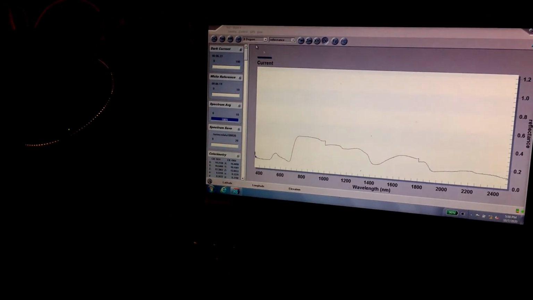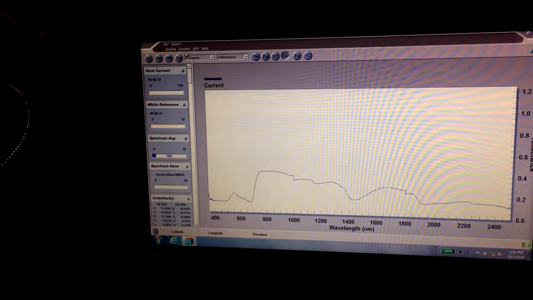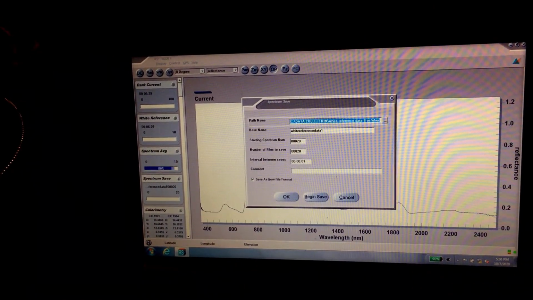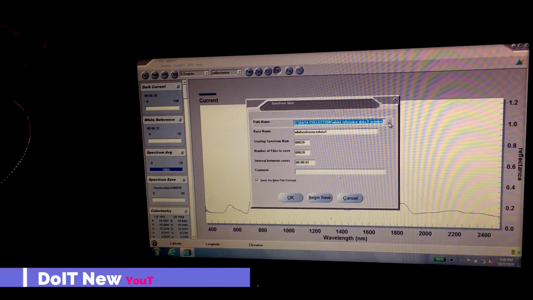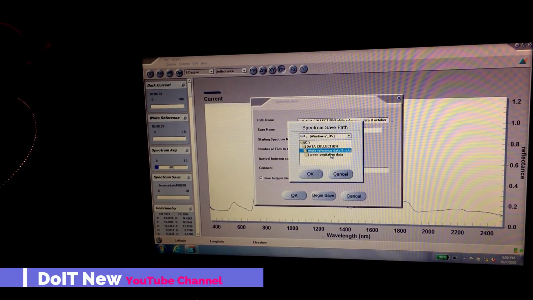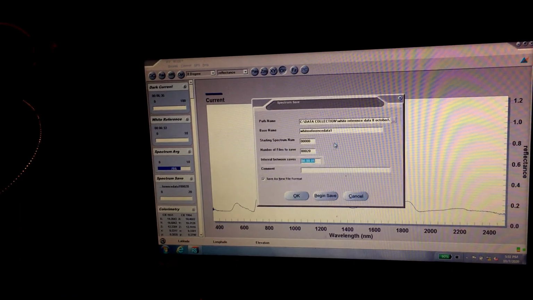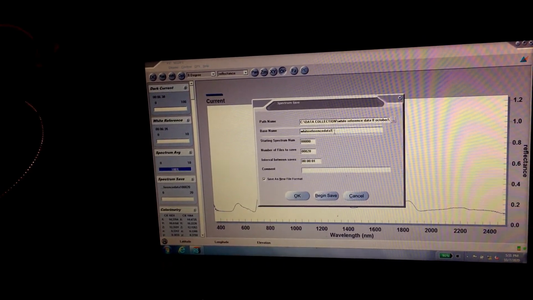Now the folder is created. So you have to go to control, then spectrum save, and then you have to choose that folder. In that folder you can see green vegetation data is there. You have to click OK. You have to give the name.